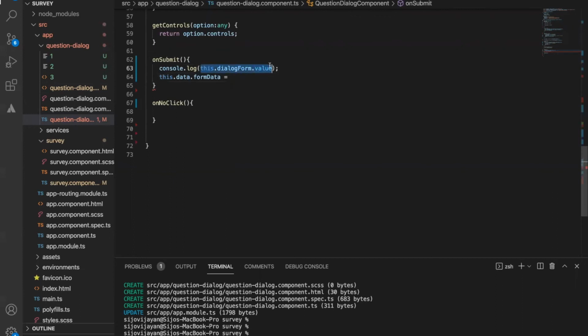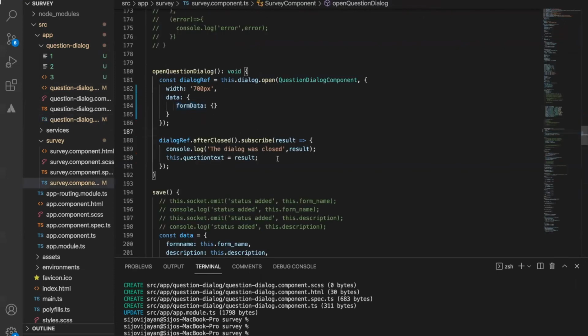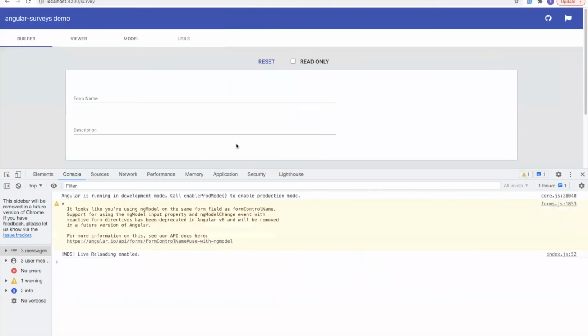Now let's copy this. So now we can cut this and create a, let's see. So here in the dialog close reference, here we will get the result. Let's check whether we are getting the data or not. Save it.